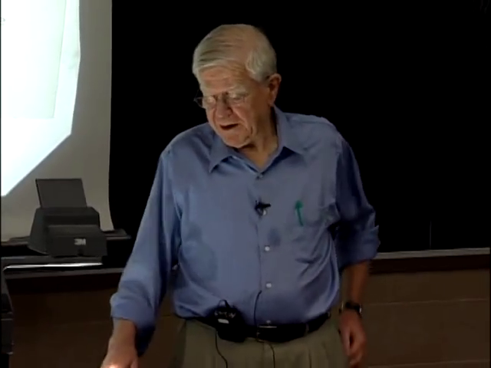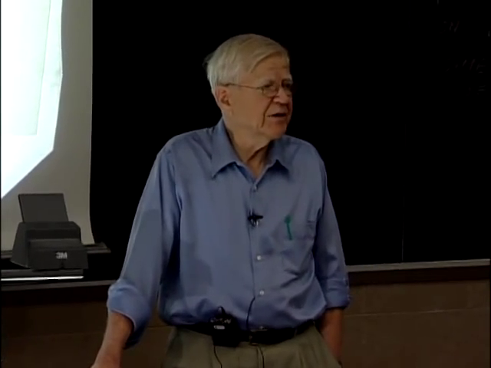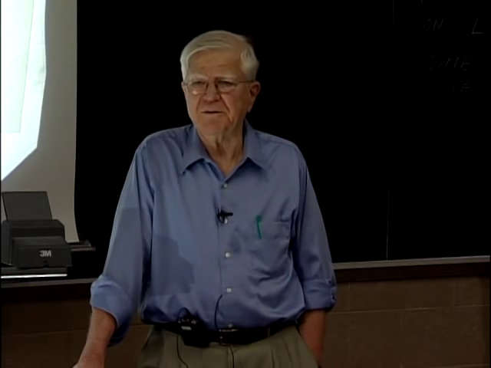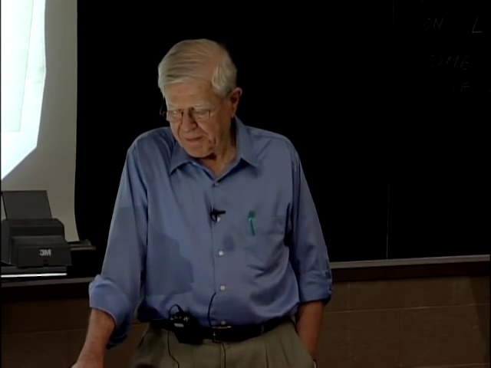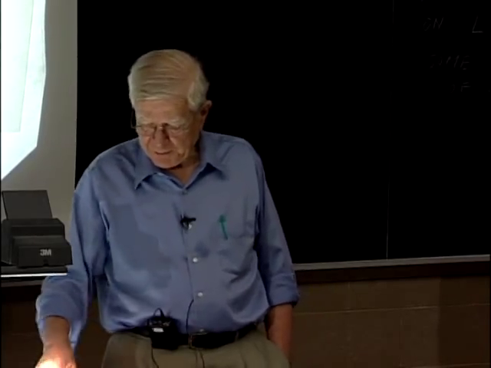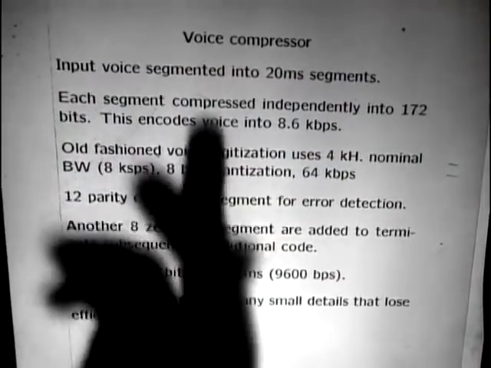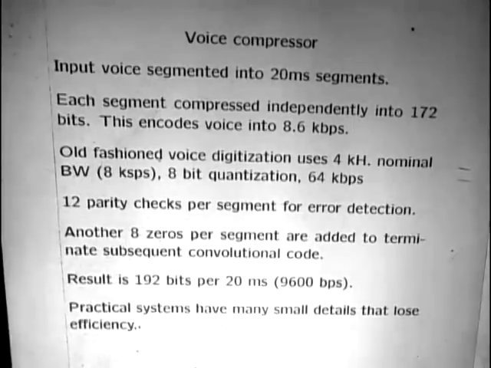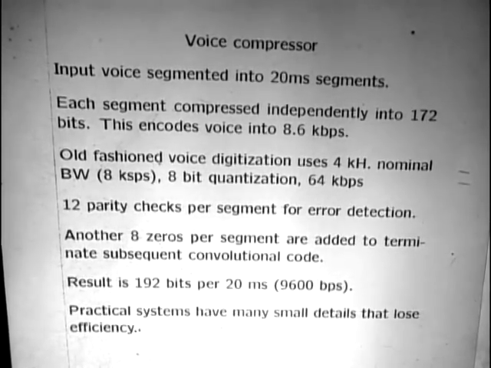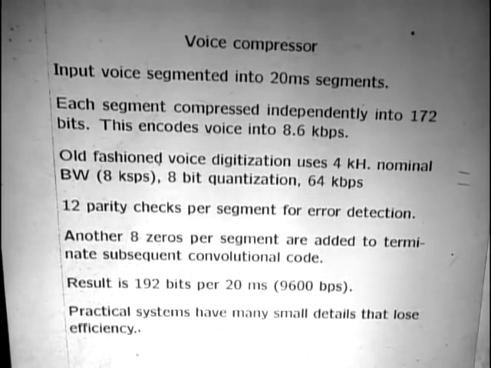Well, anyway, what this does is it takes each 20 millisecond segment of voice and it maps it into 172 bits. And what that means is if you multiply the 172 by the 50 segments that you have per second, it comes out to be 8.6 kilobits per second. Now that might not sound like much of an achievement, but if you think about the old-fashioned way that people used to encode voice